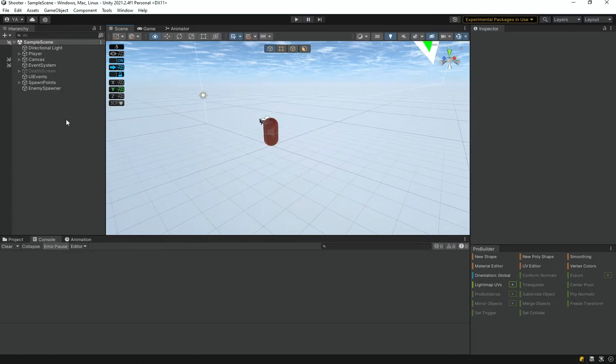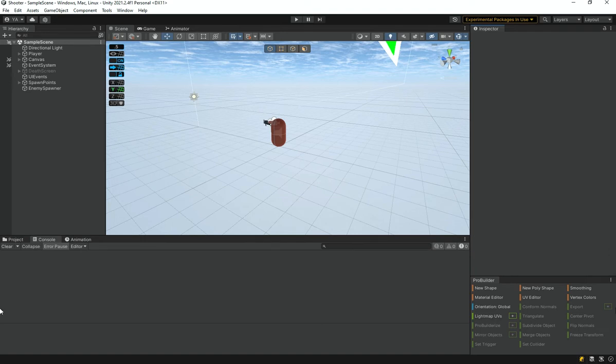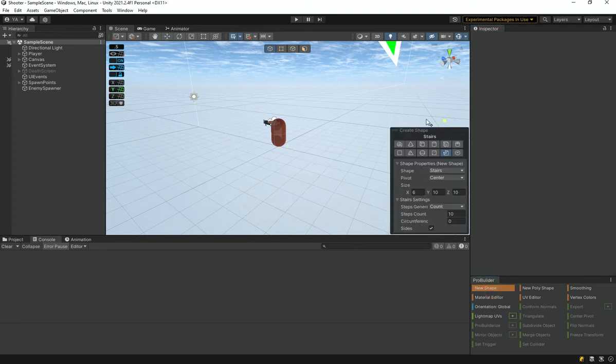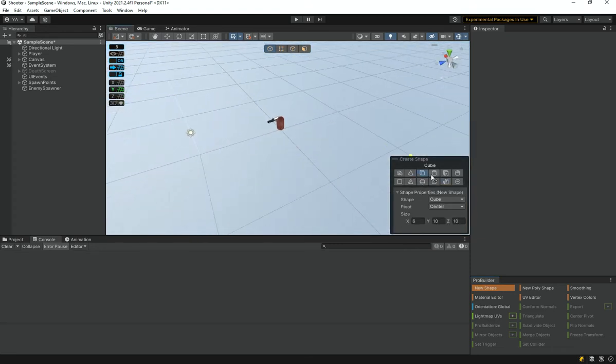So now what we can do is start adding stuff. I'm going to select this New Shape tool, and in the Create Shape dialog, I'm going to choose a cube. If I hover over it, you can see that I can shift, click, and drag to place and scale the shape. But if I just shift and click, that should allow me to just place a cube right there. For the size, I can determine it here, and I can choose whatever I like. I would like it to be 30 on the X, on the Y it should be 16, and on the Z it should be